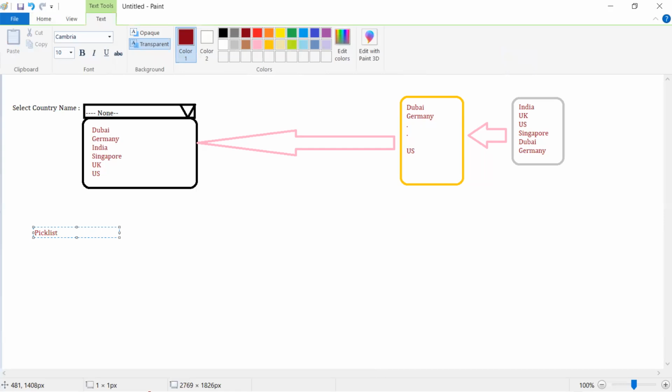So let's say that the country pick list is common. Whether you go to the account object, the contact object, the lead object, or the opportunity object, the country values are the same everywhere. The country pick list values are the same in all of these. Now, instead of creating pick list values multiple times,